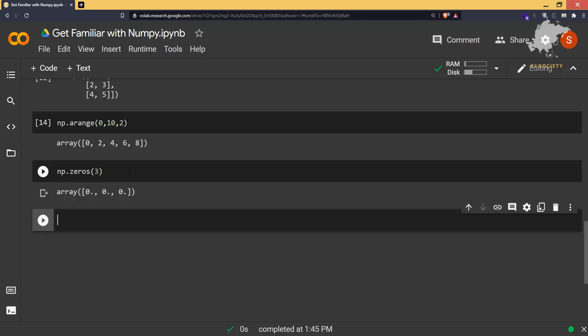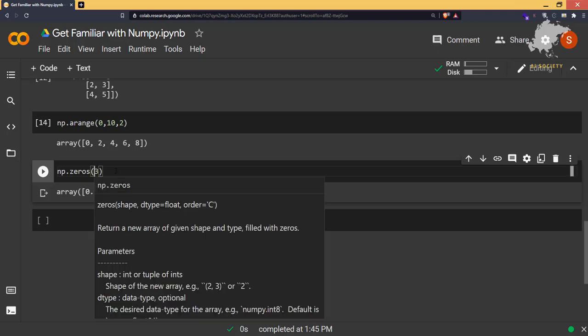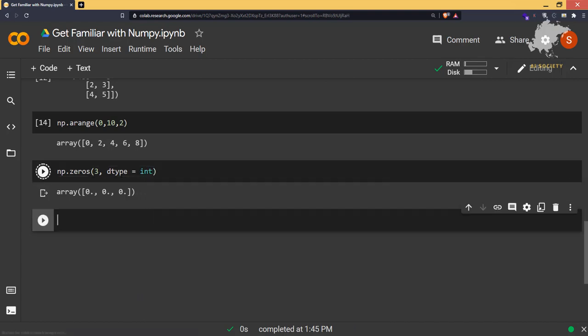If we say np.zeros, it is going to give us 0, 0, 0, and as you can see, they are decimals, because the default data type is float, as you can see, dtype is equal to float. You can change that if you want. You can say dtype is equal to int, and it is going to give you integer zeros here. So it's a very useful one.